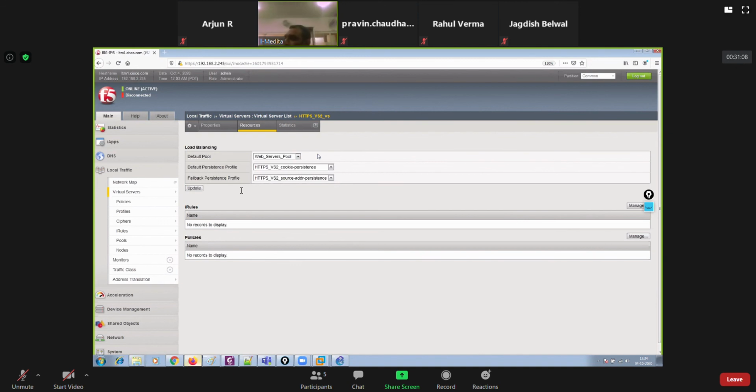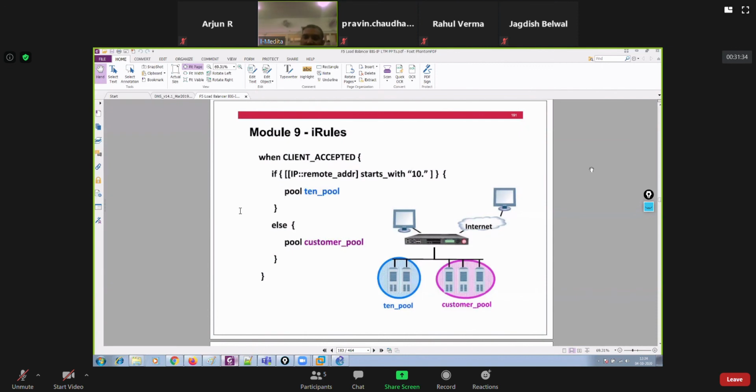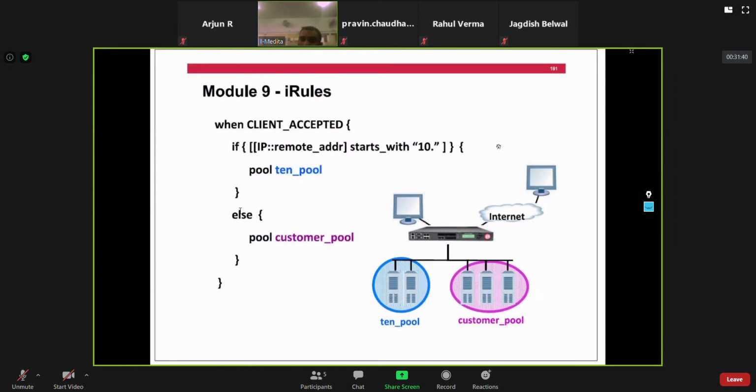Now, if you want to use multiple pools for a single virtual server, is it possible using the GUI or some built-in options on your BIG-IP? No, it is not possible. Is there any other way to do so? Yes, we can do that with the help of an iRule, like this. You can create your iRule in this way. It's basically TCL scripting, right? I'm not going to teach you TCL scripting, but this is how we can leverage iRules, which use TCL scripting, for utilizing two different pools on a single virtual server.